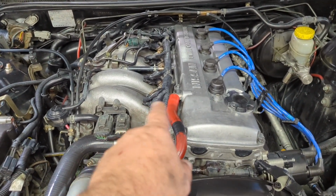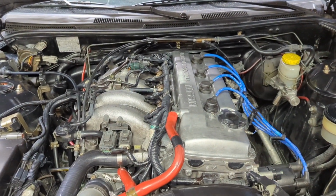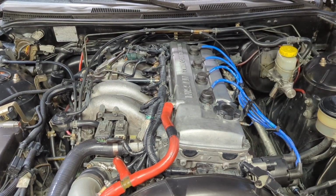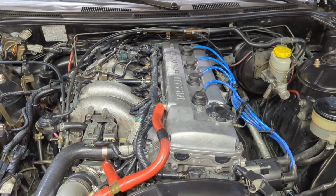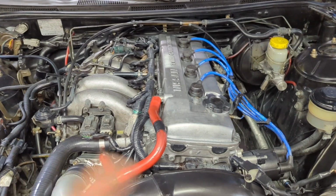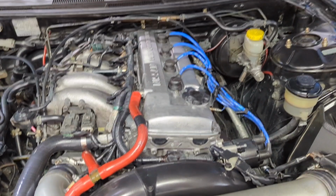The version in the S14 is actually supposedly derated from the 155 horse that was in the earlier models, but it's still a wonderful engine, makes great power, good setup. The cool thing about the 240's engine, the KA24, is that it makes a ton of torque compared to what you would have found in that era, and power delivery is amazing out of this setup,